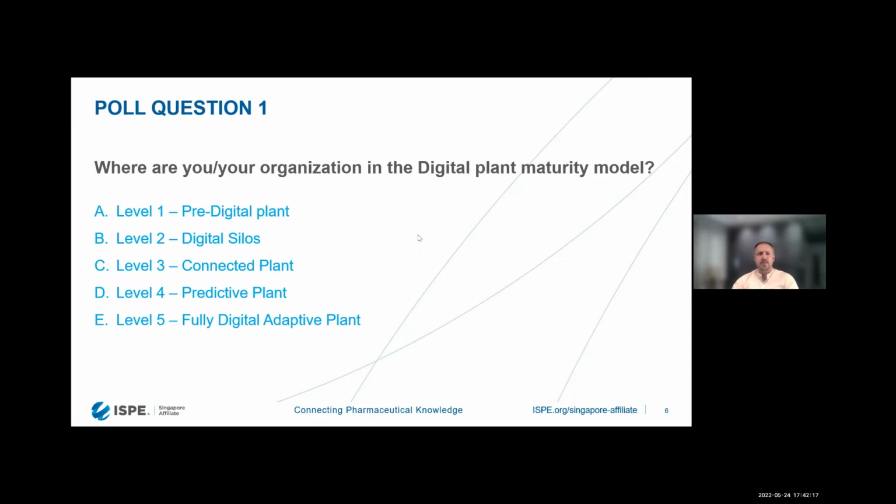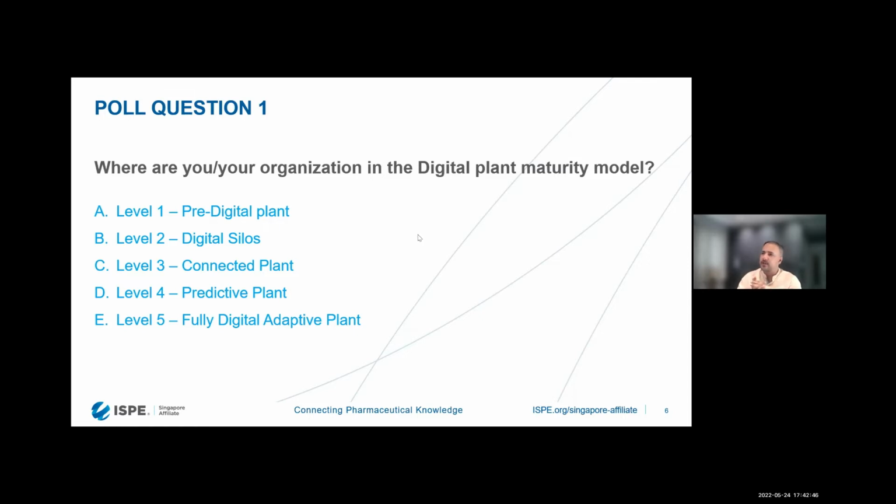And just to give a little brief about the initiative of DPMM, or Digital Plant Maturity Model. This has essentially been driven by the organization Bioforum Group. And they are not doing this all alone. They are also partnering with different organizations, and then they are coming up with some of the structures